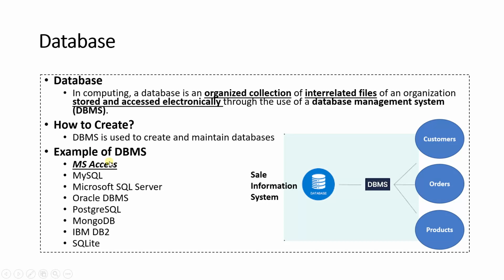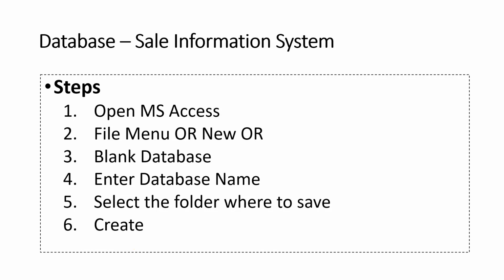There are a lot of database management systems, including the simplest one, Microsoft Access, which is a part of MS Office, Microsoft SQL Server, Oracle, and SQLite, and so many others. So how can we create this sale information system? If we take the example of the DBMS Microsoft Access, the steps include opening Microsoft Access,